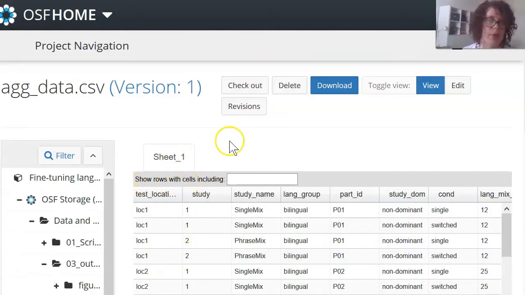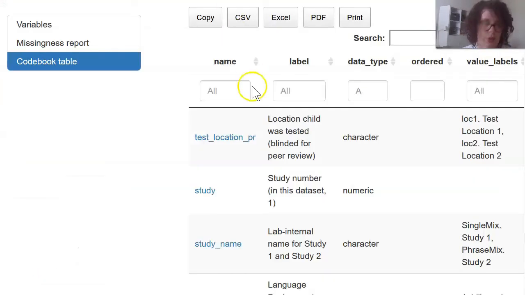So this is what one of the data files that I've shared on the OSF looks like. So here's the variable names and then the values in my data set, but some of these variable names are not super descriptive. So for example, what does the test location here mean? So in order to find that out,